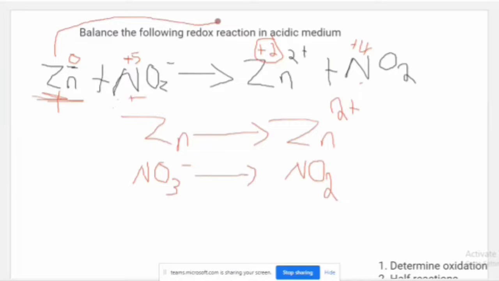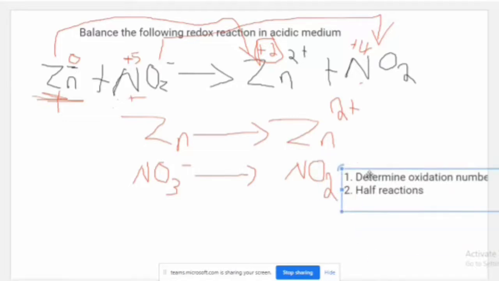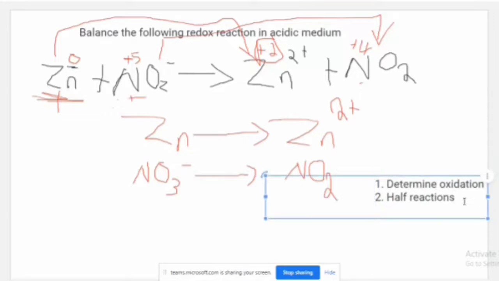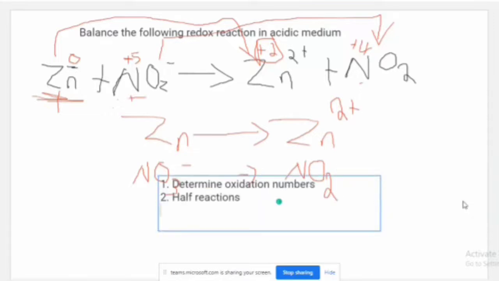So zinc to this, then NO3 minus to NO2. Are we together? Okay, yeah. So now we have the two half reactions. What should be our next step? So we are now on step 3. Let me write the third step. Step 3 is to balance now the half